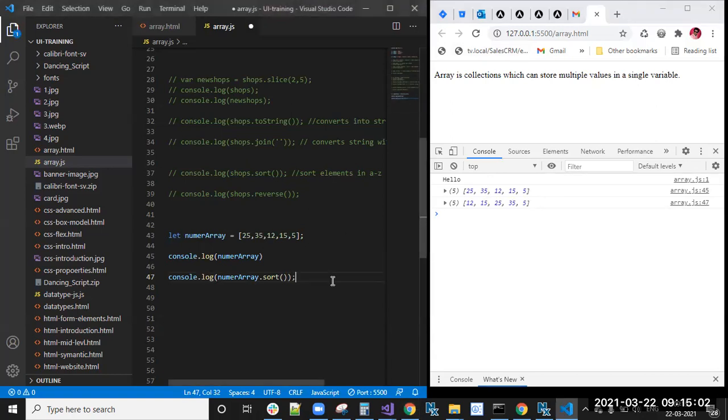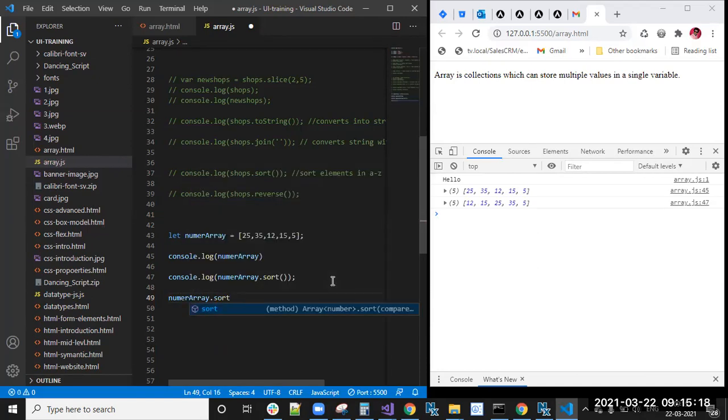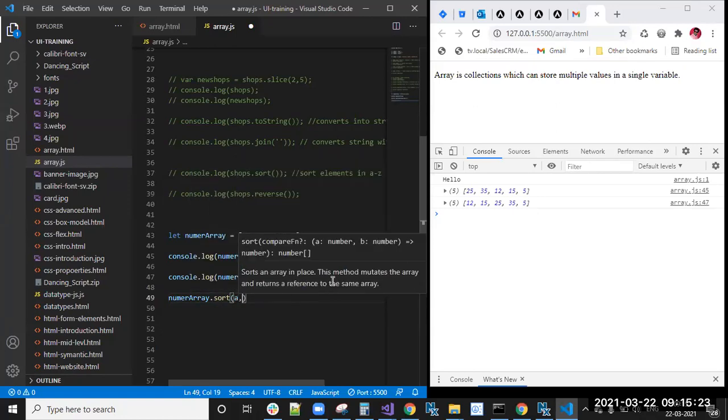Custom sort means we need to write a function. Okay, number array dot sort of, sort of a comma b.